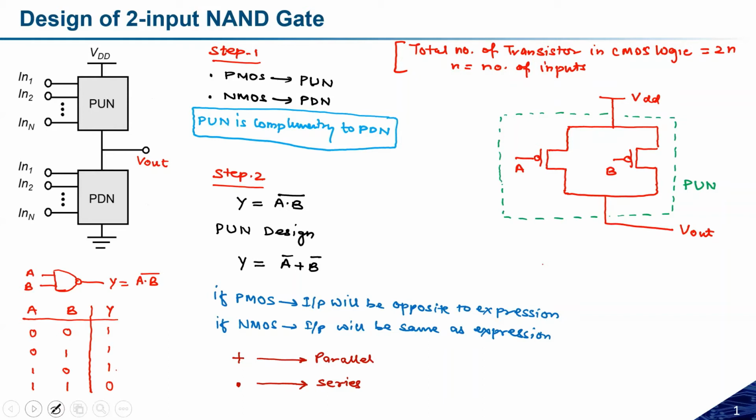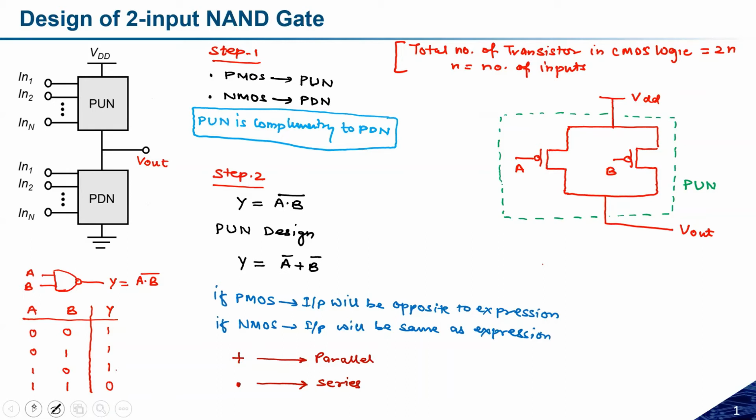Okay. And sir, one more question. To design the pull-up network, do we need to decompose it using De Morgan's law? Yes. No, see, it is not necessary that you have to apply De Morgan's law. If both the variables are dependent on some function, like if you see here, the complement will become, once I get the ANDing of A and B, here we need to separate both the variables. And for that we can apply any of the laws we have studied in Boolean algebra. It is not necessary that we apply only De Morgan's law.